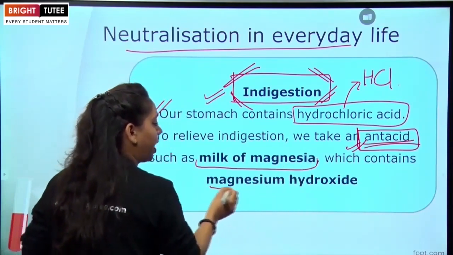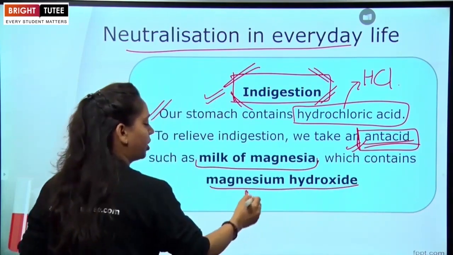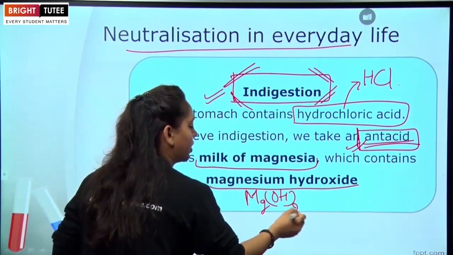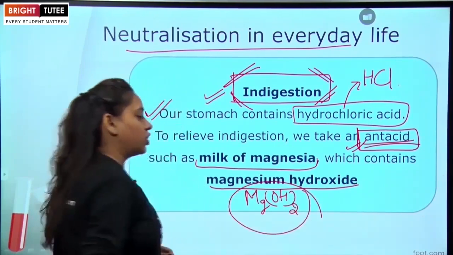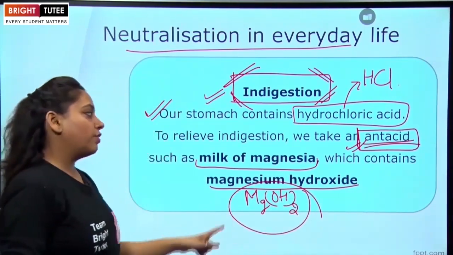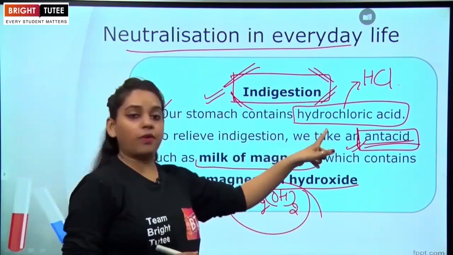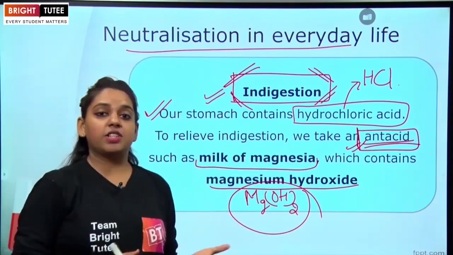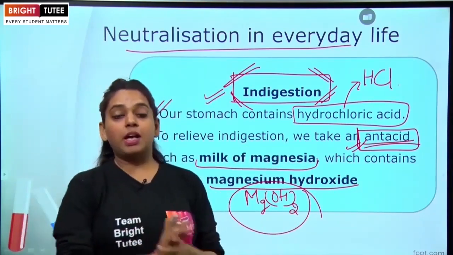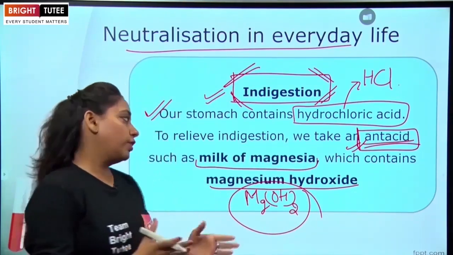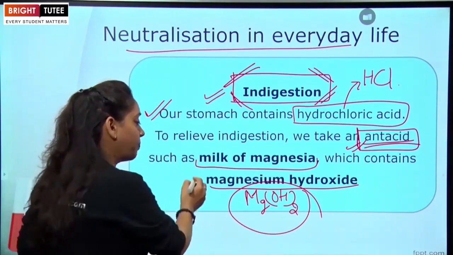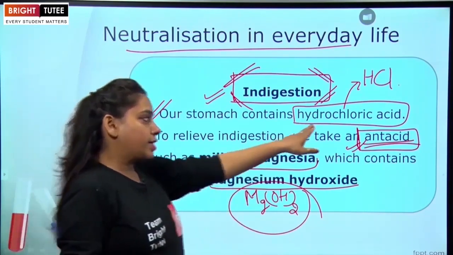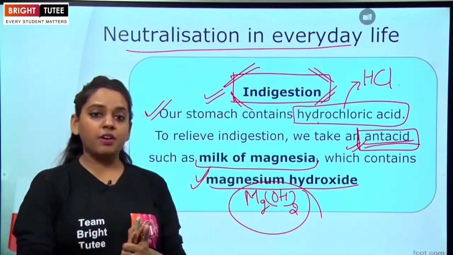and it is actually magnesium hydroxide. Its formula is Mg(OH)2. So students, this is milk of magnesia, magnesium hydroxide. It is given whenever there is excess amount of hydrochloric acid produced in your stomach, which may cause indigestion and pain in your stomach, and you will feel immediately better after taking bases like milk of magnesia. Why? Because it will neutralize the effect of excess acid and help you digest the food.